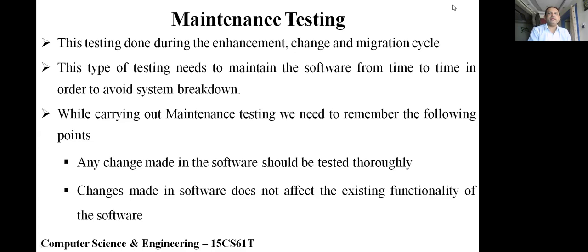So why do we need maintenance testing? So that your software should not break down. If there is a problem in the software, you should be able to provide support so that the user is able to use the software. There should not be any breakdown. It is like a problem with your television: the supplier or manufacturer will come and rectify the problem, or take it and get it back to you. If it is in warranty, fine. If it is not in warranty, you need to pay extra charges. That is what we call maintenance or customer support.